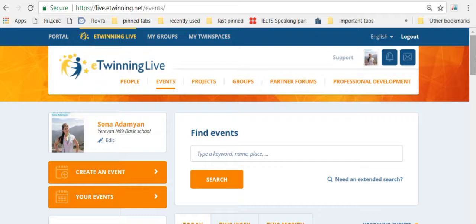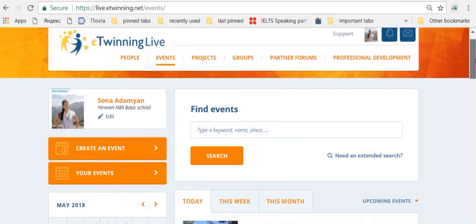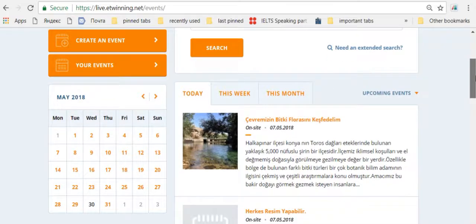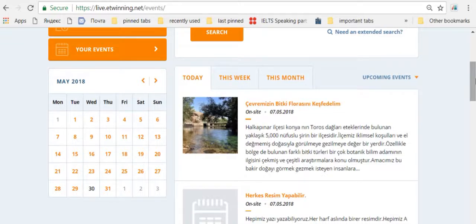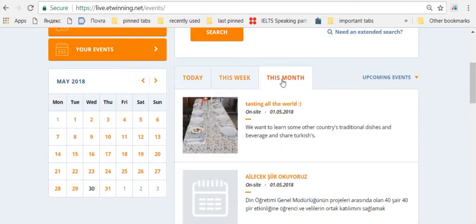Online events can be organized by anybody, including you. For example, you have a project, you do your project dissemination or project presentation, or any kind of training, whatever it is. On this part, you have the calendar of events, where you can see which event is happening when, today, this week, or during this month, or you can go through the calendar and just mark any day that you want to